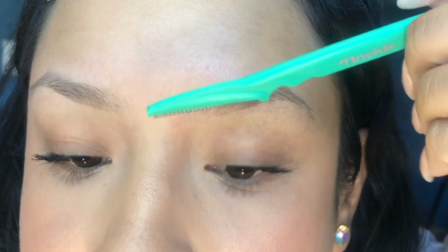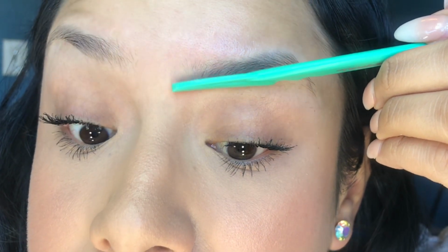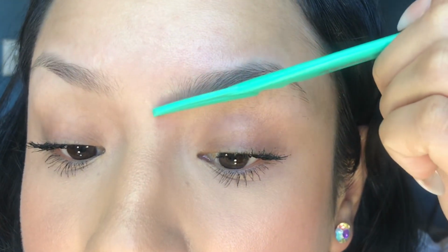Then you're gonna flip it back down, and once you flip it back down, you're gonna go into that line, press it a little bit, and then you're gonna shave down. So that's gonna help your brow stay really sharp,